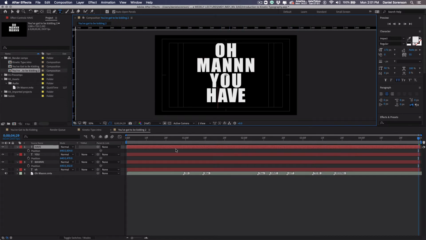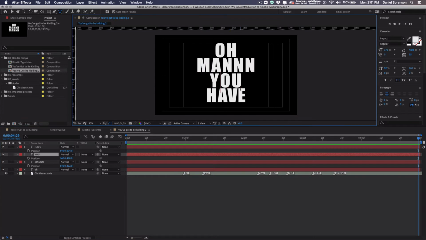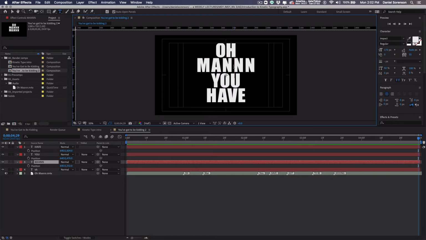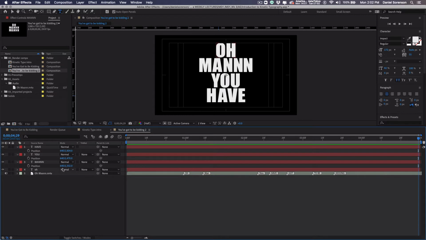I can do the same thing on the U. Let's go up here to the U, close that one up slightly. Not bad. "O," I think, could be closed up also. "Man" looks pretty good, but I think the ends, we could just uniformly close up the tracking, but when the type is big like this, a lot of times you want to do it manually. Okay, so, oh man, you have, and I'll duplicate this one,